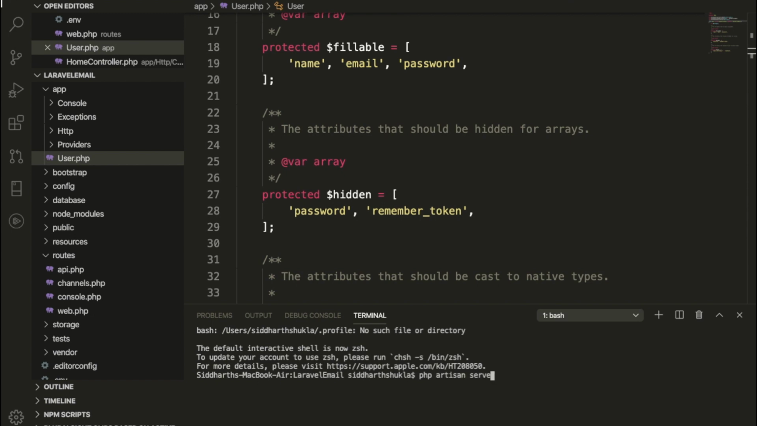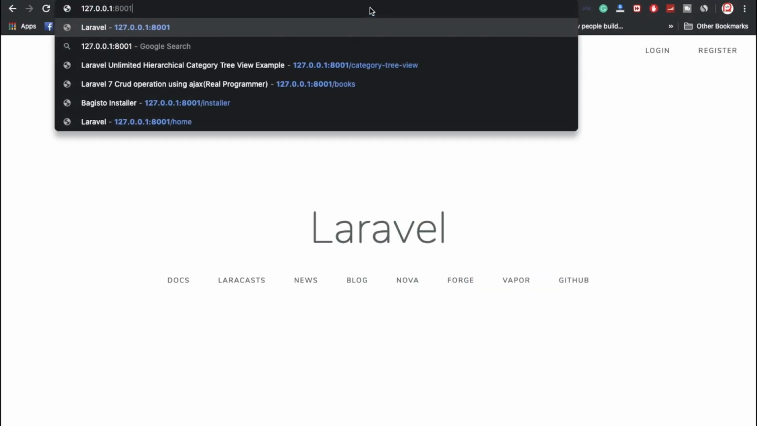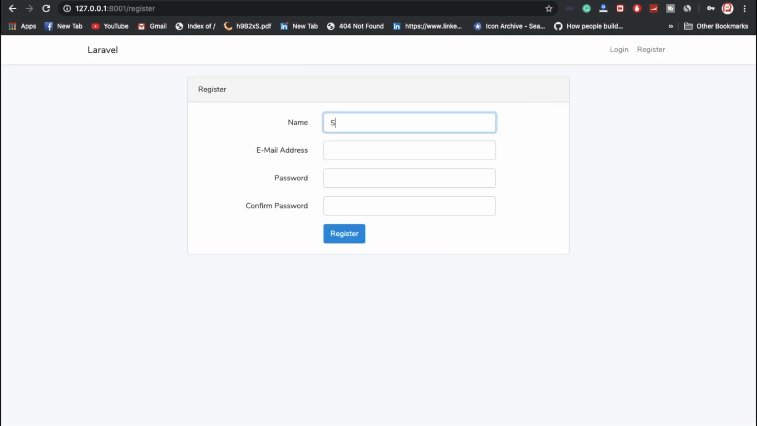So we are inside the Laravel email project. I hit this command. Our project is running here on this port. I'm going to click register. Then I'm going to put my name, email, and here the password, which is admin1818. When I click on register,